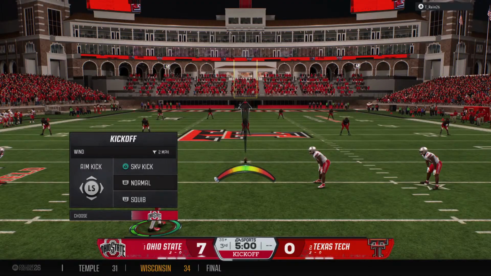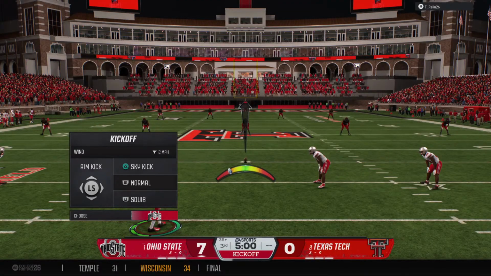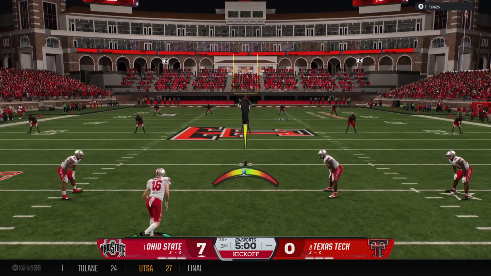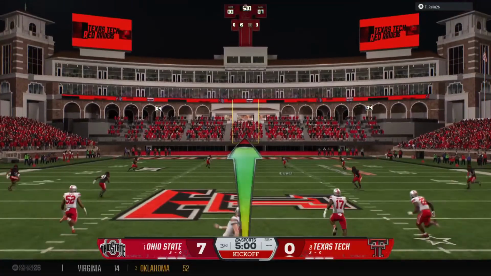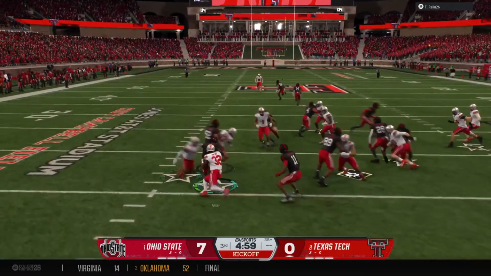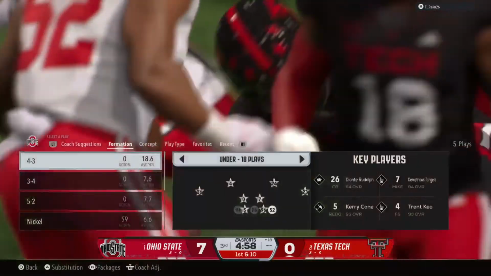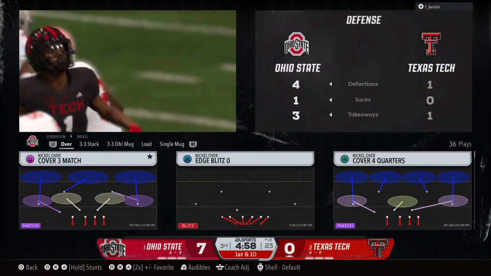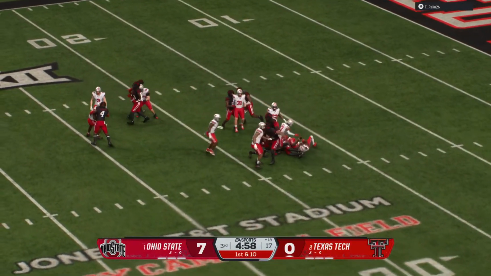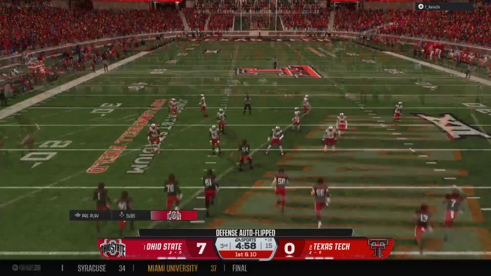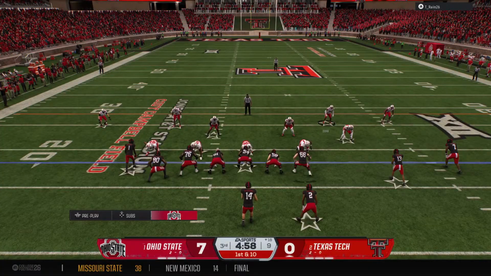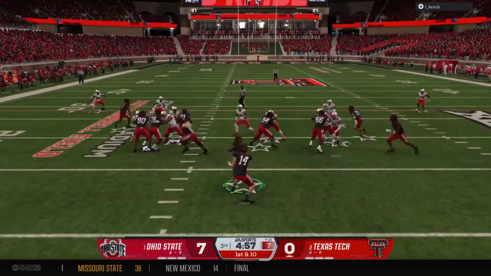Buckeyes will kick this away to begin the second half. And the return starts just inside the end zone. They'll be tackled at the 18. That's good coverage there. The Red Raiders offense is back out on the field now. The running game's really been held in check so far. Let's see if they can get it going or if they choose to pass and try to cut into this